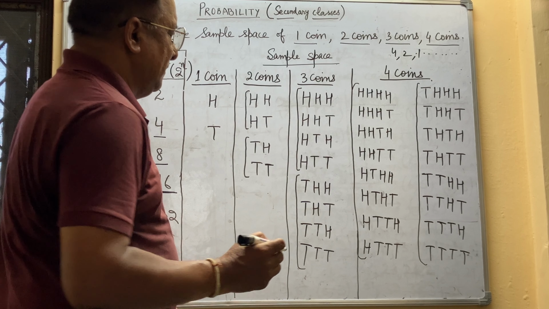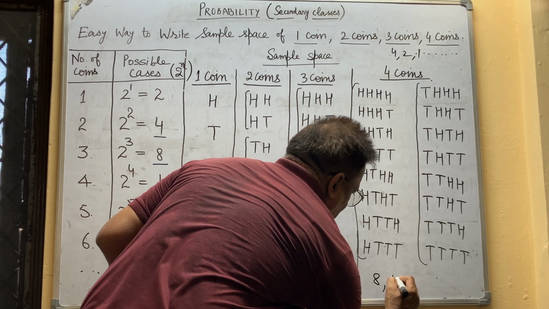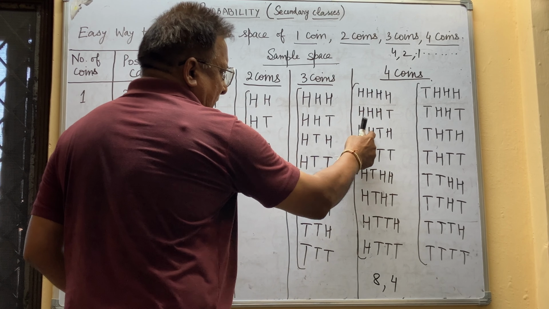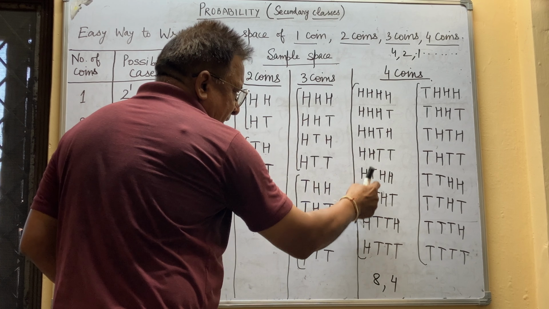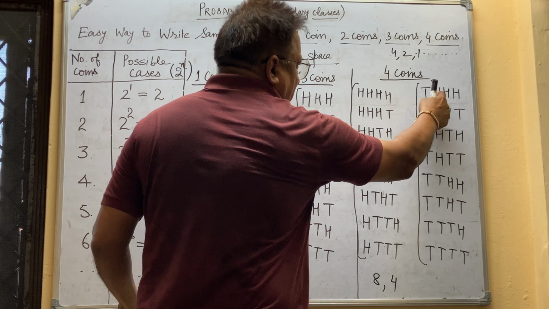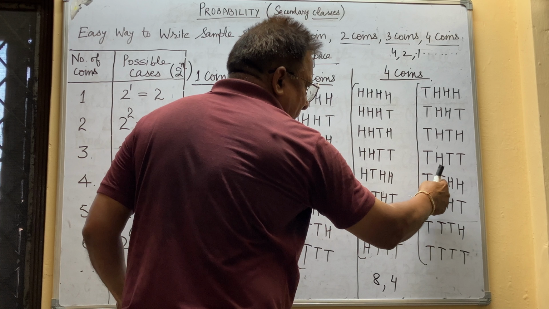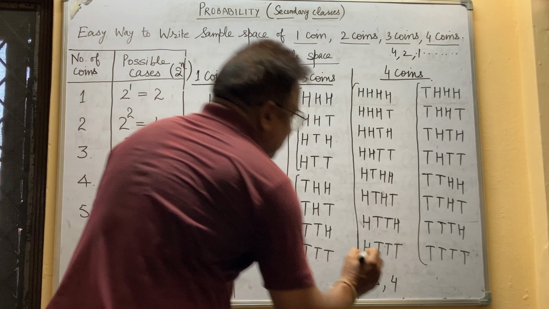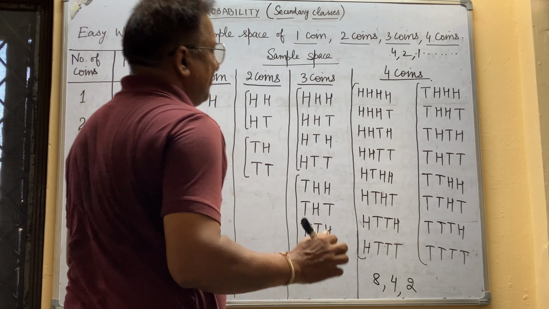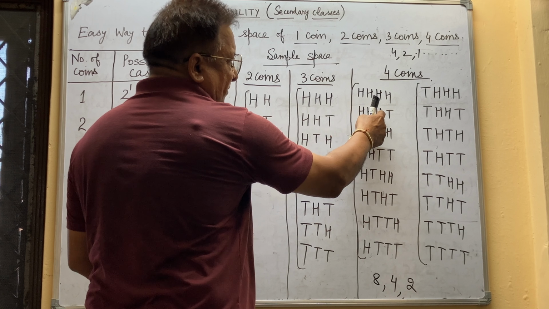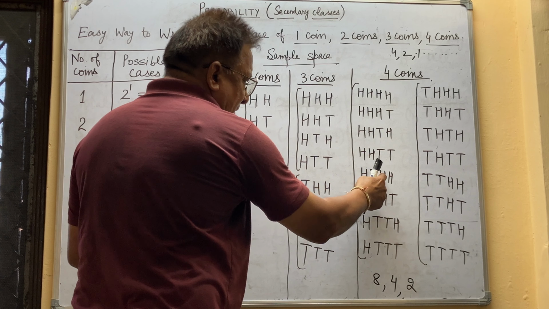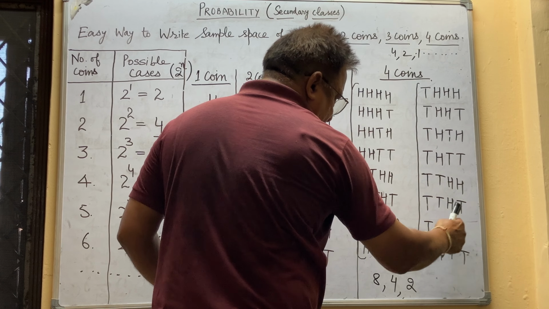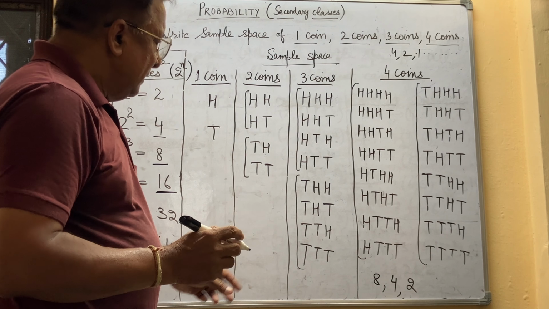What is half of 8? Half of 8 is 4. Now at second position, 4 H, 4 tails, T. Again 4 H, 1, 2, 3, 4. Again 4 T. These are 4 T's. Now I take half of it. What is half of 4? 2. At third place, I write 2 H, then T. H, T. H, T. Then at fourth place,